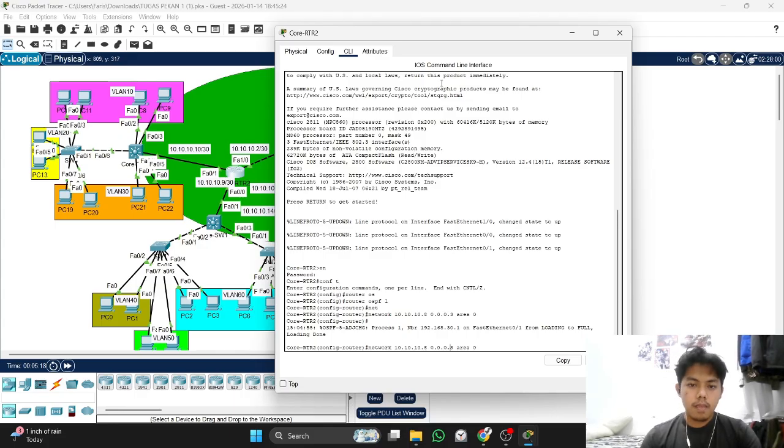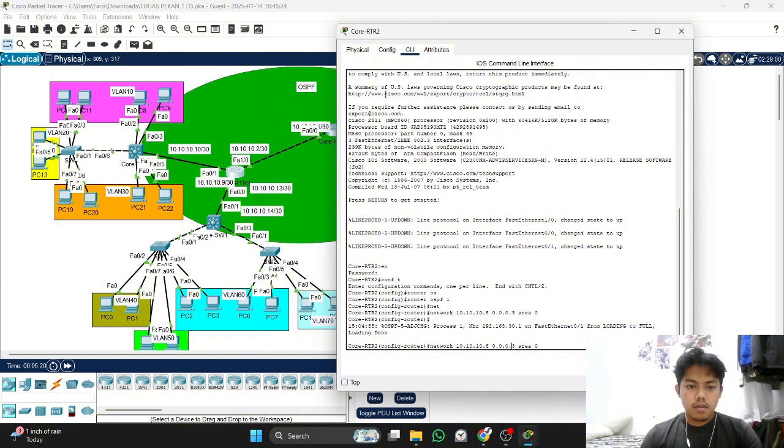If we configure for this area, you look, this is 13 and 14. So the network of this IP address is 12.